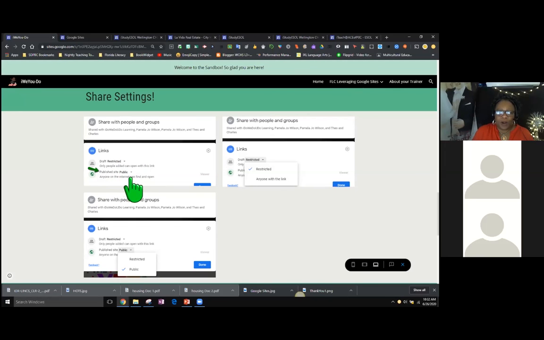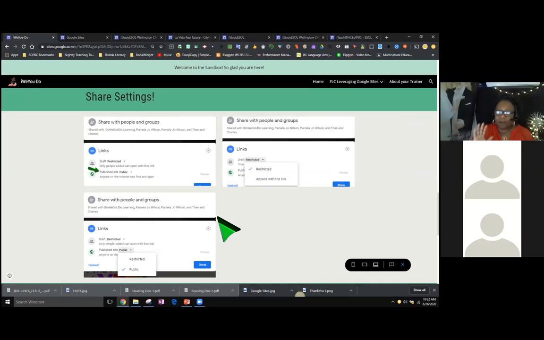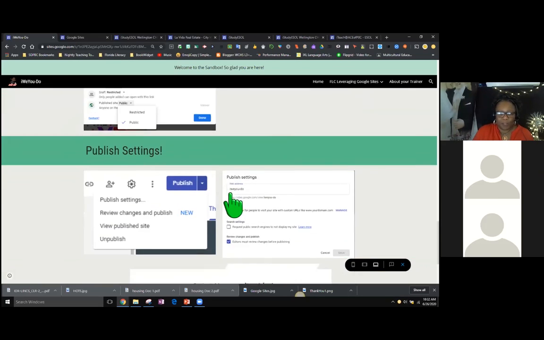And then we are also able to publish it just within the county or public so that anyone outside can see it. So you don't have to worry about your settings and restrictions and being forced to make it public. You have that option as to how you want that to appear on the World Wide Web. You don't have to make it public to the World Wide Web.